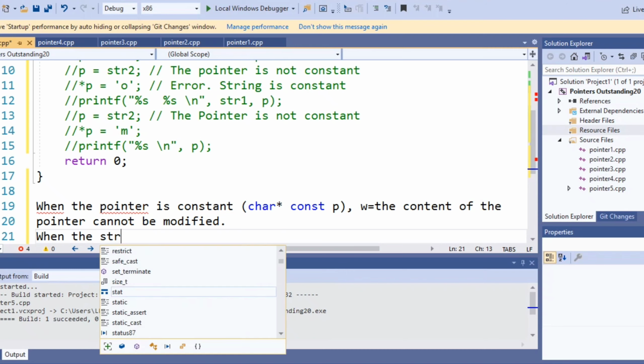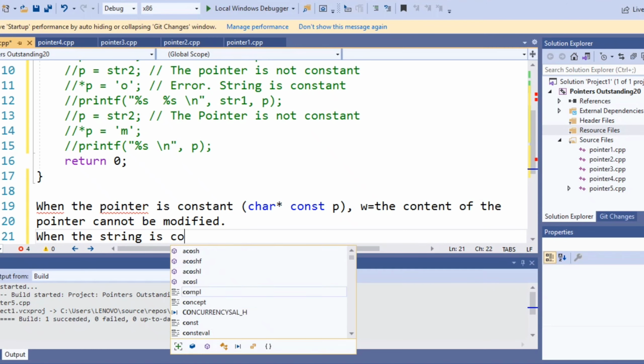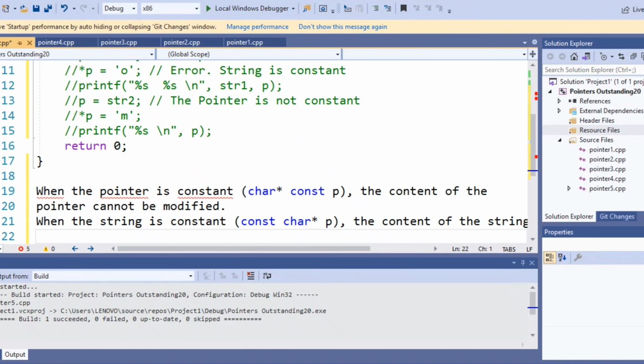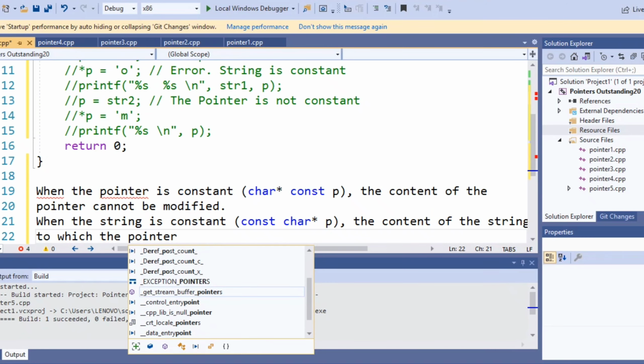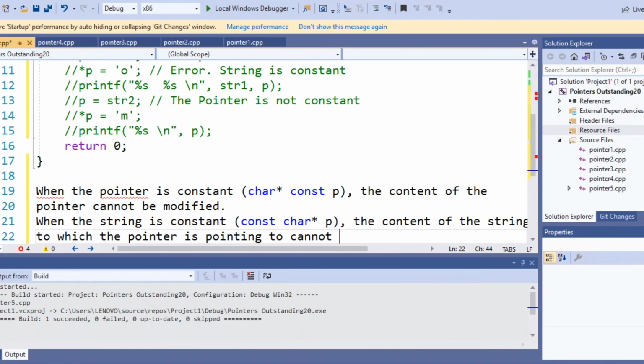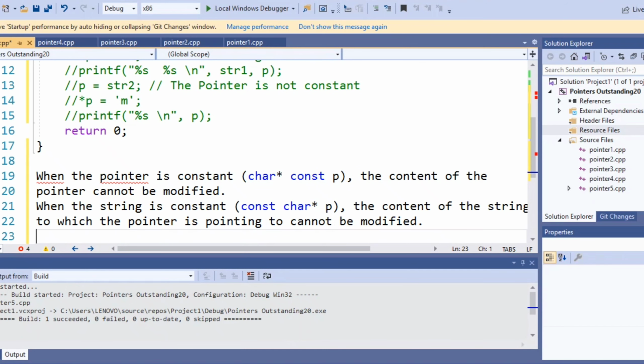When the string is constant, that is, we say const char star p, the content of the string to which the pointer is pointing cannot be modified. I hope you have understood this program. Any doubt, please do ask me in the comments.